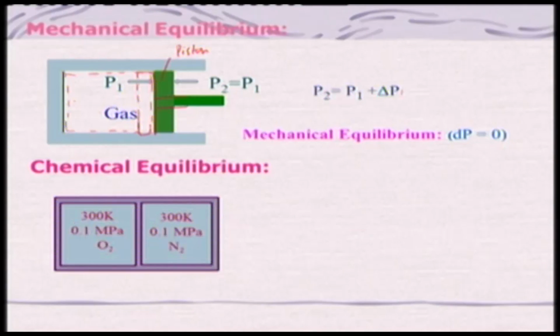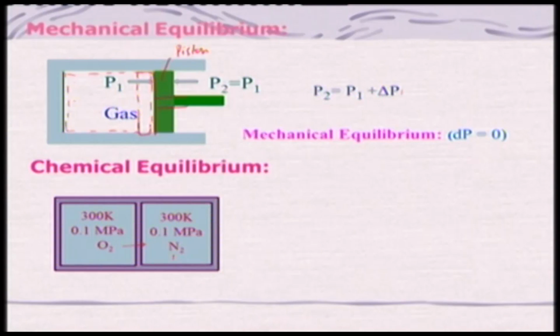So, let us take a similar example to what we had taken earlier. These are two chambers, one containing oxygen, the first chamber, at 300 Kelvin and 0.1 megapascals, and it is separated from another chamber which contains nitrogen gas at 0.1 megapascal and 300 Kelvin, and there is a partition here. And what will we do? We will remove this partition, and then what will happen? Oxygen will be trying to move in this direction,